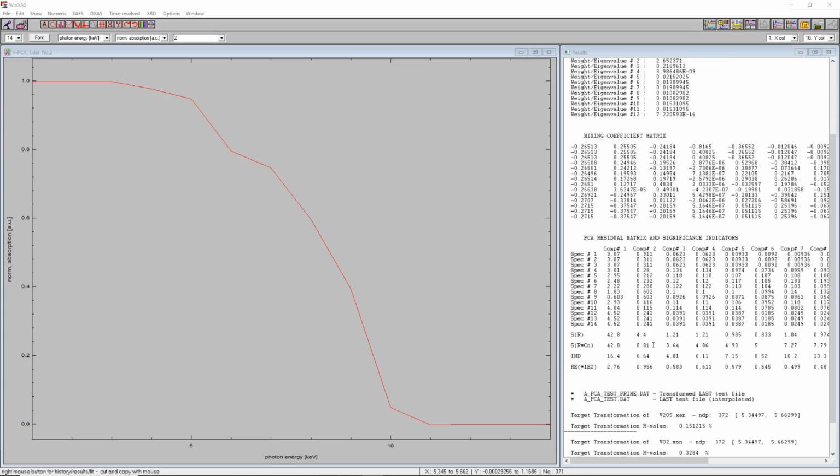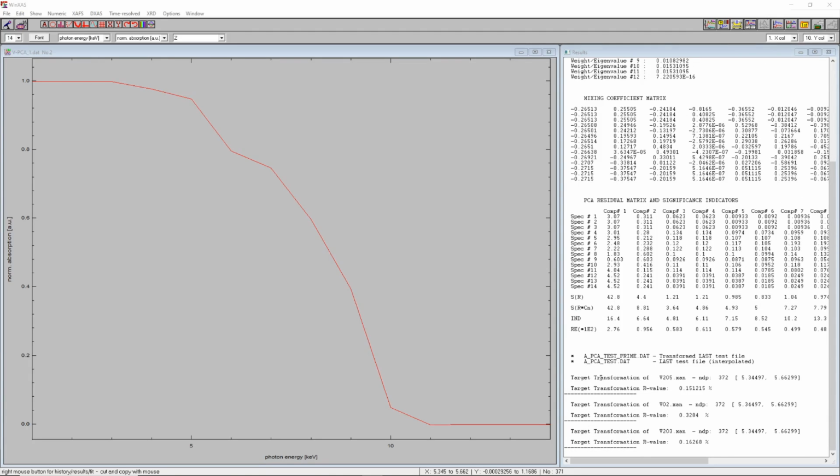So here you see the indicators, for instance, the target transformation R value. This is the difference between the reference and the target transform spectra, and you see those values are all well below 1%, indicating a very good agreement, as we saw, between the reference and the target transformed reference spectrum. Okay, so